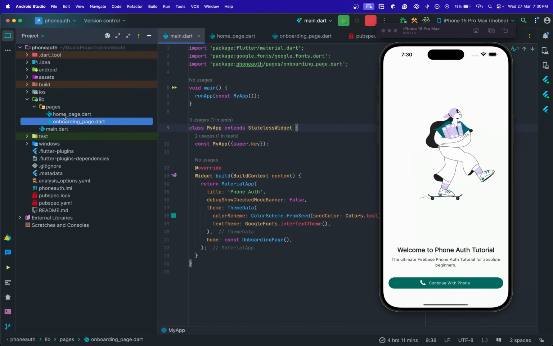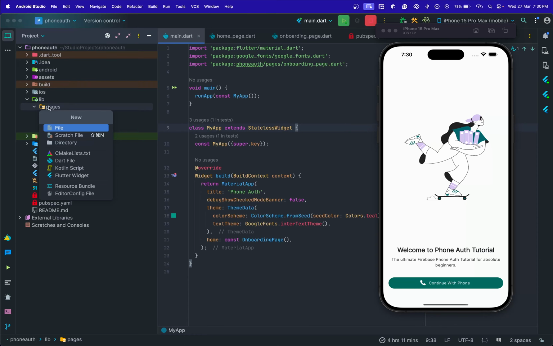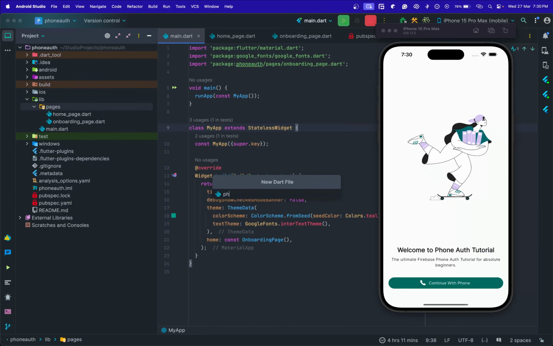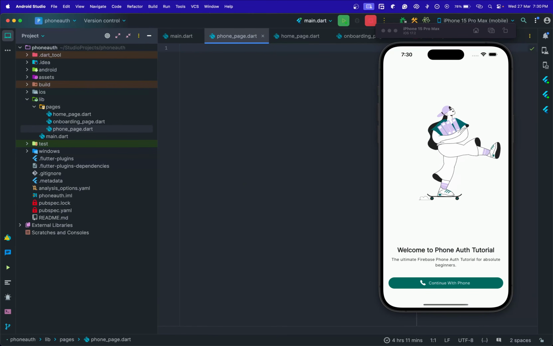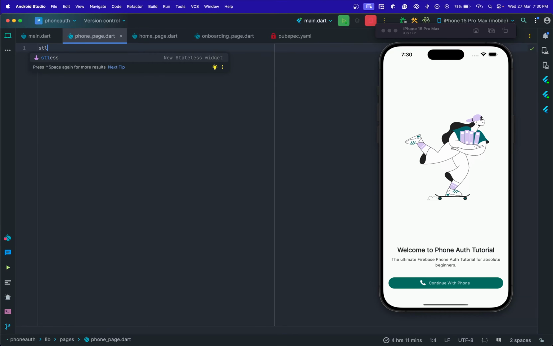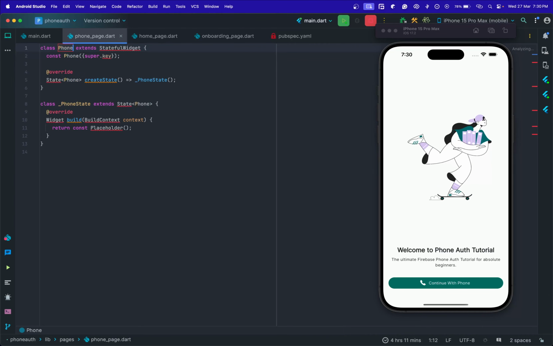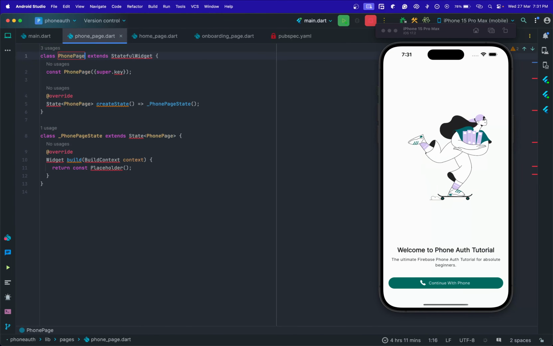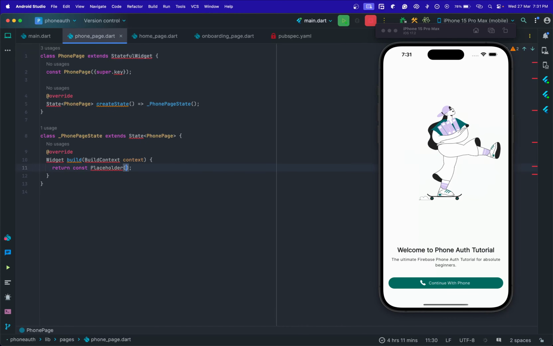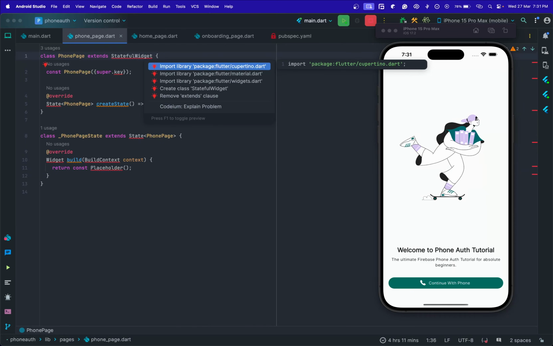where I have my home page, which is the page they'll be navigated to when everything is successful, and then the onboarding page. So within the pages, let's create another file called phone page, and you can call it anything you want. This is just the page that will be taking the phone number input. So it's going to be a stateful widget and phone page. You can name it anything you want, just the page that we are going to take the user's phone number, right? So I'm going to make sure I fix this import,